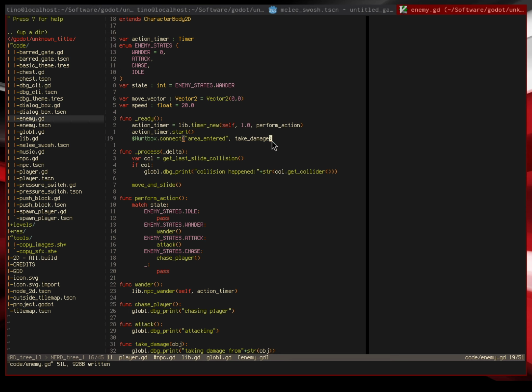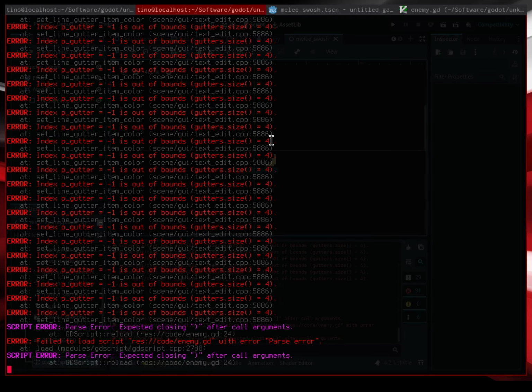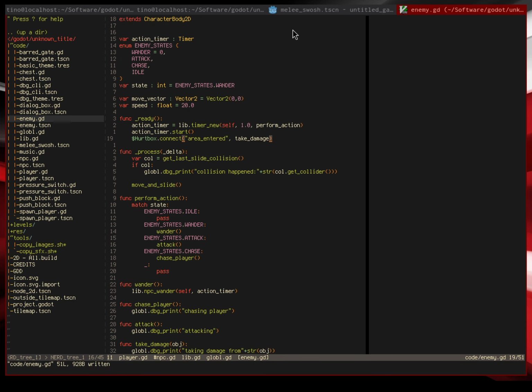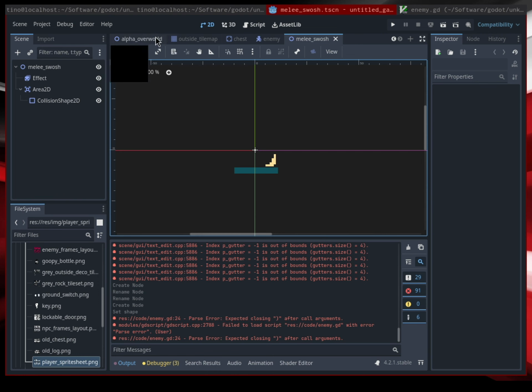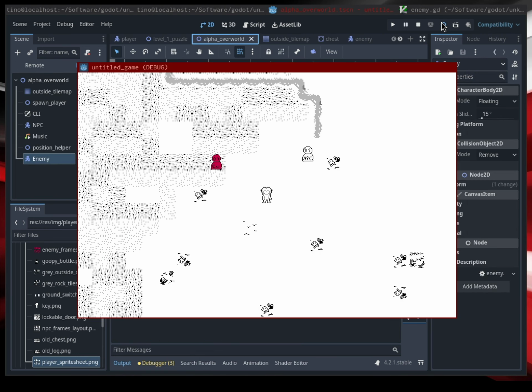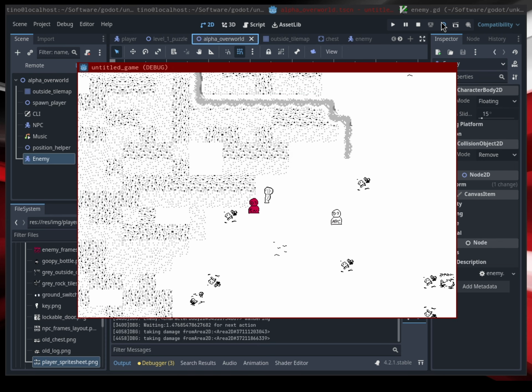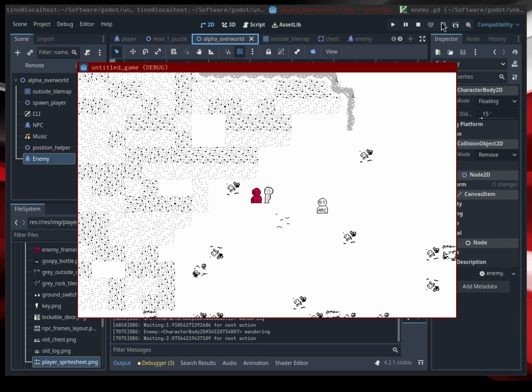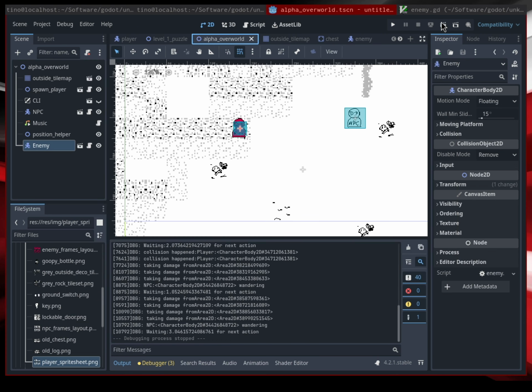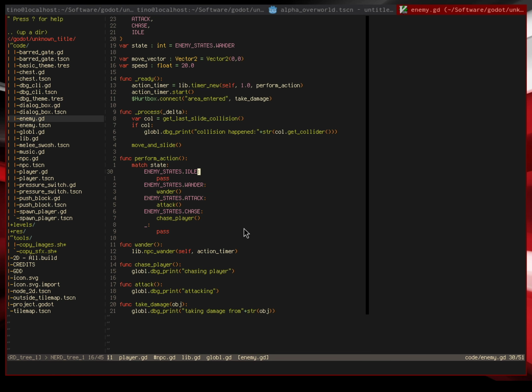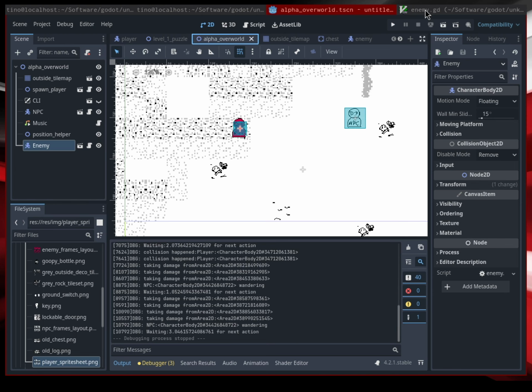Okay, should work. Should work, but there we go. Taking damage from area to the, yeah, see, it's taking damage. So let's make this more obvious by, now I need to make sure I identify the player attack so that